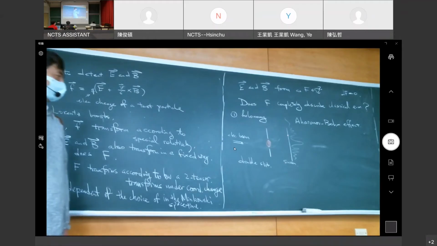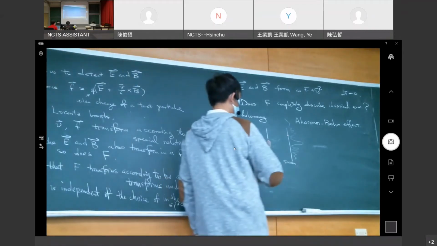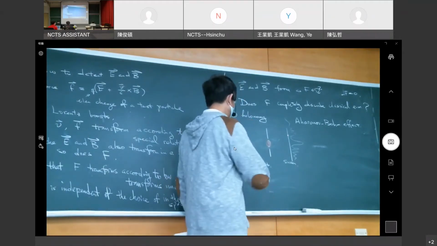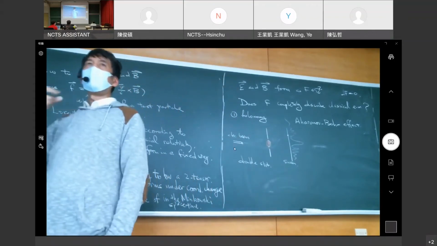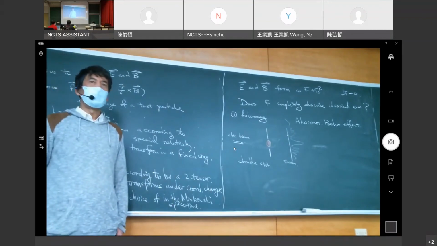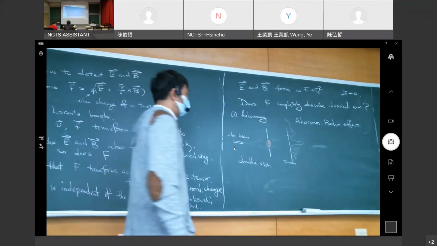So there is a magnetic field pointing out of the blackboard, and we arrange the situation carefully so that there's no electric or magnetic field whatsoever outside this small region. And in this way, you see,